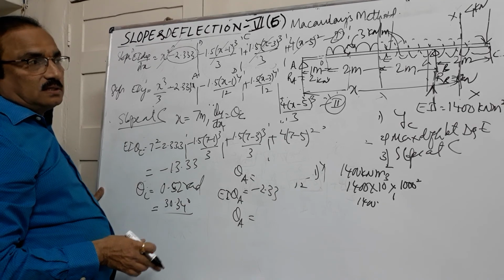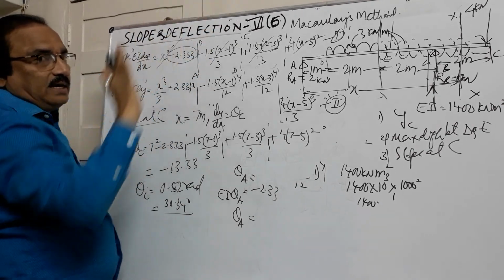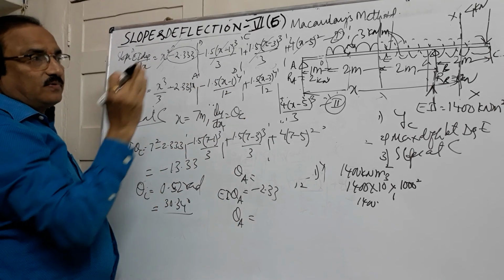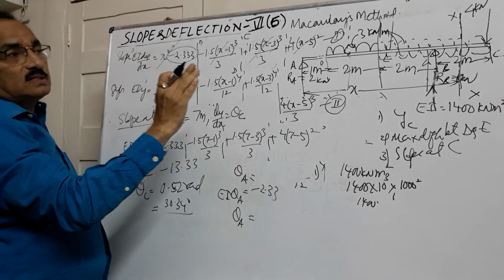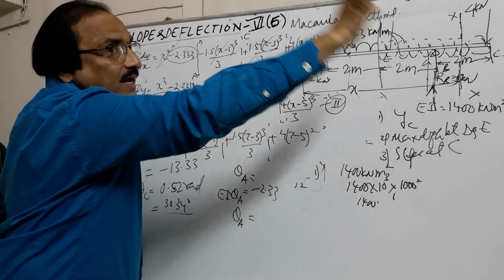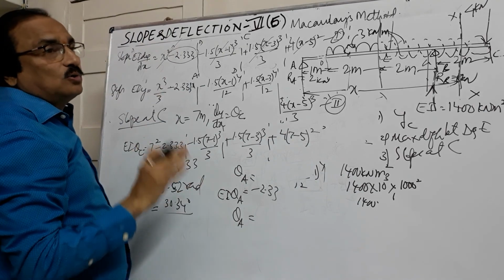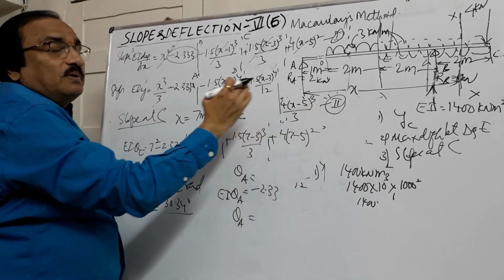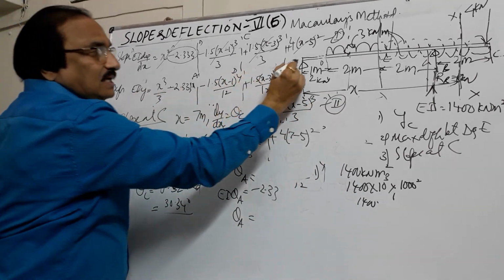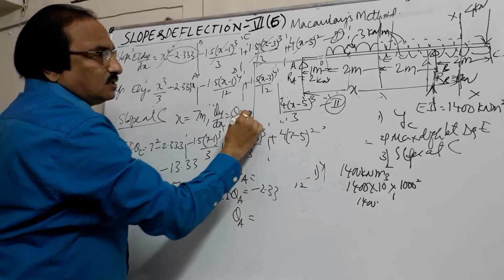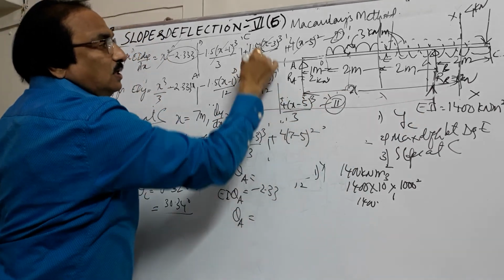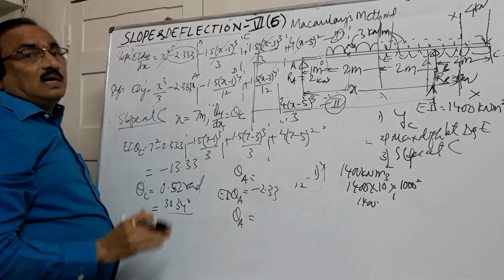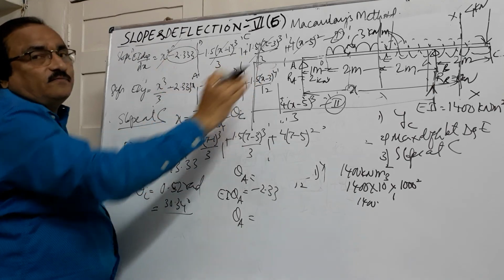Thing to remember is the UDL should go up to the end, extra load, and compensating load is to be added from that point to the end. So always the UDL should go to the right end, not support only, right end. Now this distance x what you are measuring should be from the leftmost end. If there is a cantilever on this side, then you will have to take the distance not from the support but from the leftmost point. So you deal up to the rightmost point, and the section you should consider from the leftmost point.